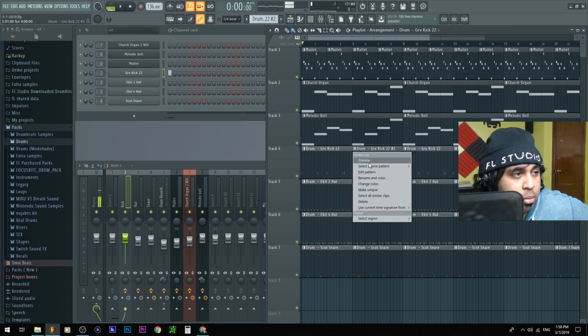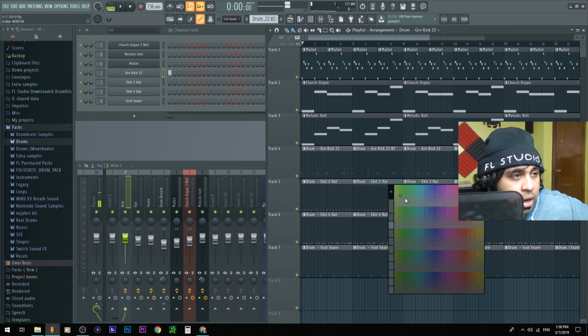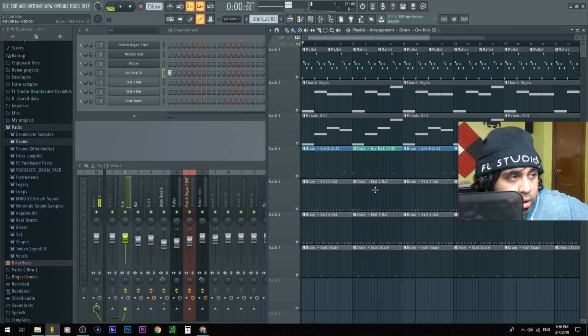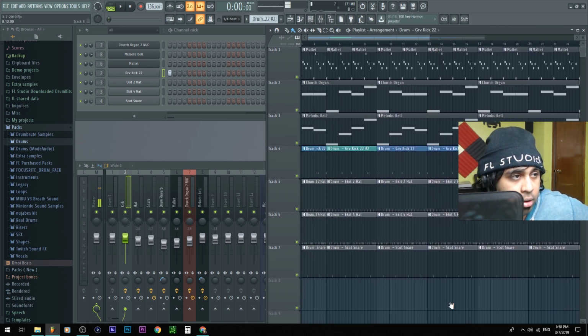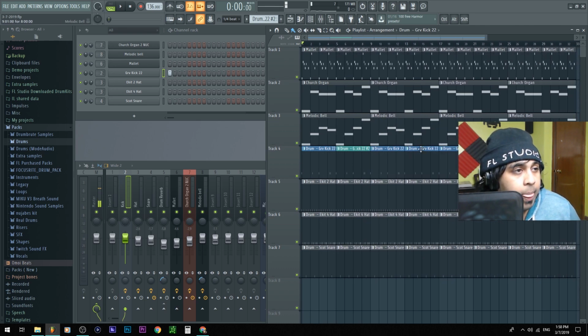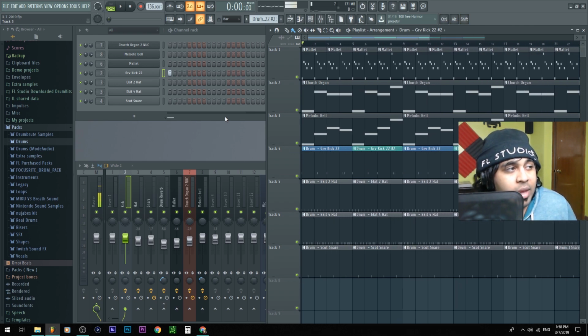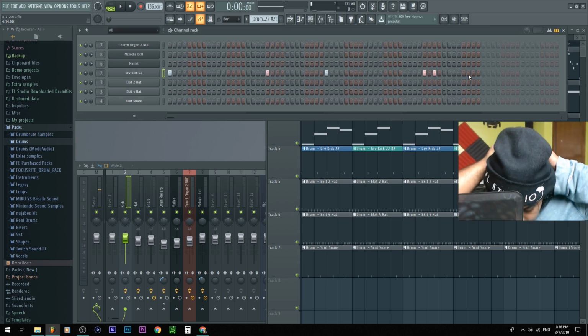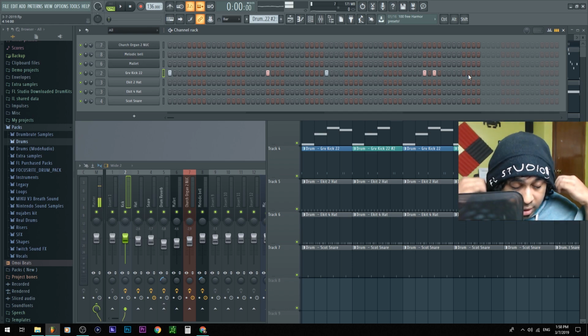I could change the color, by the way. So change color, make this that. Change this color, make this a little darker than that. So yeah, coloring, organizing, making it look nice. And just like this, I'm going to go to bar, hold shift, click and drag, click and drag, click and drag. So now we have 2 different types of kicks here, although we have to make another kick, make it sound unique. So yeah, don't mind me, just trying to feel it out here.